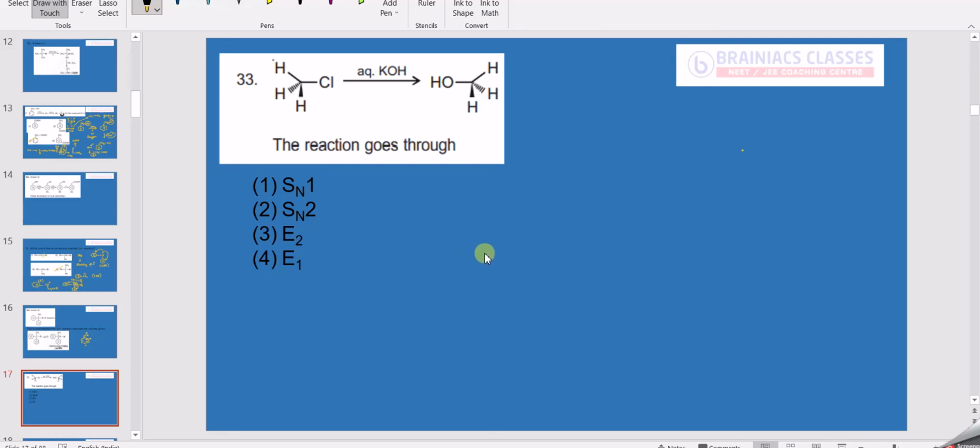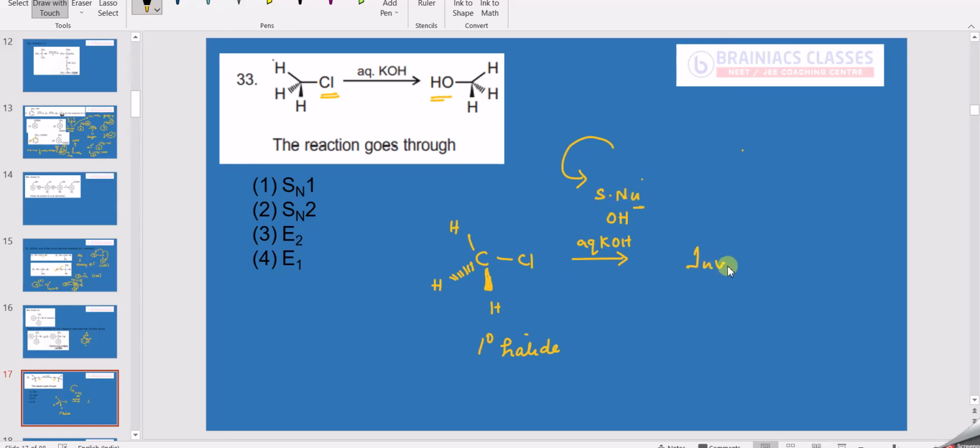You have carbon, okay, with the hydrogen, and you could see hydrogen like this, and you have hydrogen like this, okay. Then you have chlorine. Then this is treated with aqueous KOH. So we know substitution will happen, but we could see here chlorine is present here and OH is here. So that means attack happened from the back side, and also this is a 1 degree alkyl halide. So what is the mechanism that might have happened? And here aqueous KOH means OH minus is there. So it's a strong nucleophile. So what is the mechanism? Can anybody tell me?